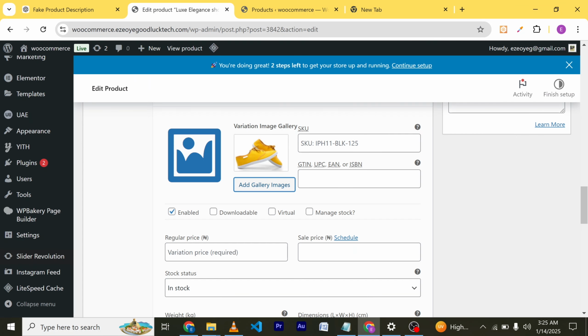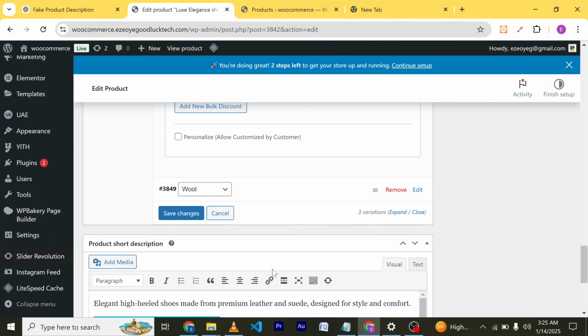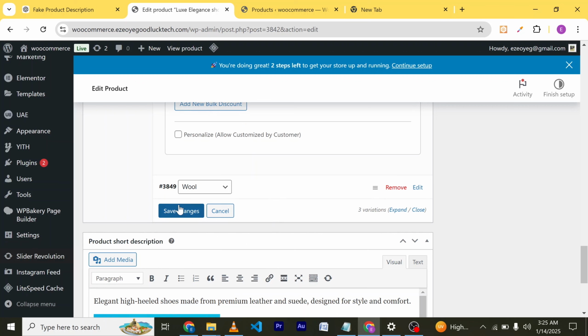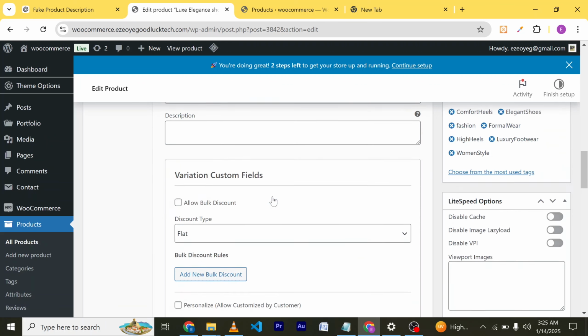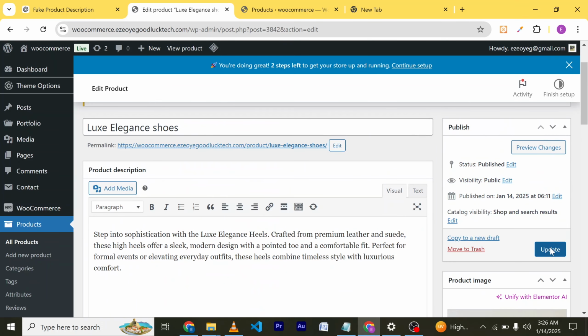You can add the price of that particular variation. Let's say the yellow is more in demand and would cost more, so let's give that 18,000 for sales, and all that. Once you're done, you can click on save changes, and once your changes have been saved, you can click on update,